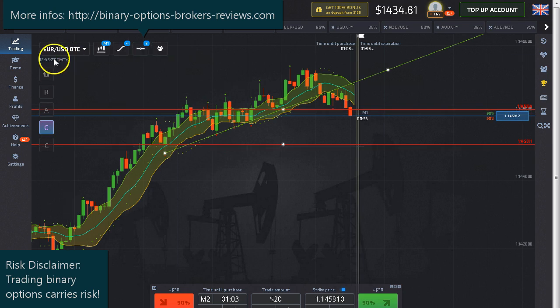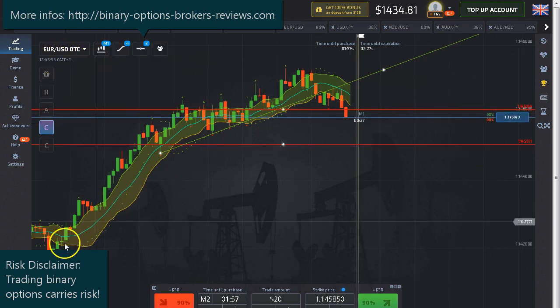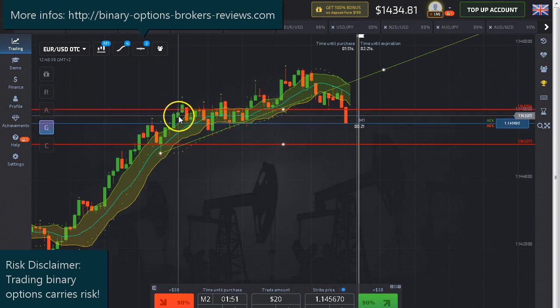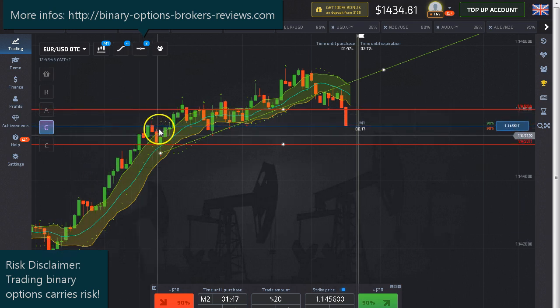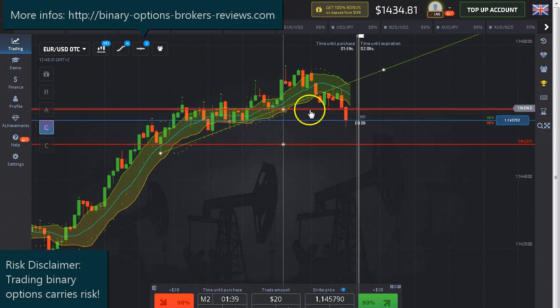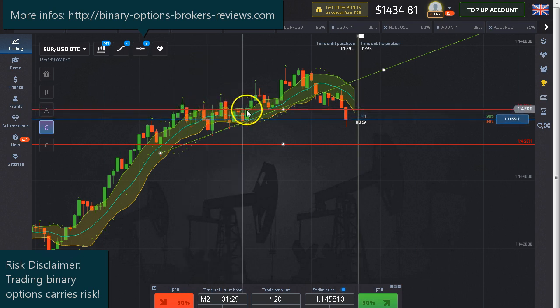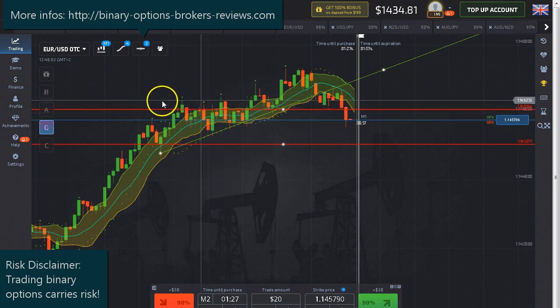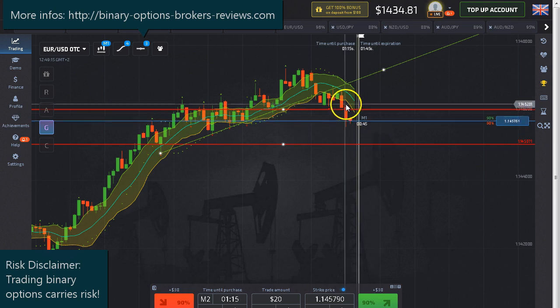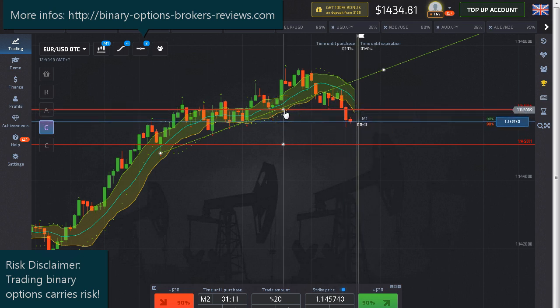This is Pocket Option Euro US Dollar OTC. As you see, in the past there was a big up movement, relatively strong here, with a little bit weaker here. You see I've drawn two support lines here and here. This one I've placed here, connecting these, taking the extremes out, and this one placed below this low. You see the upper support line is broken downwards right now.